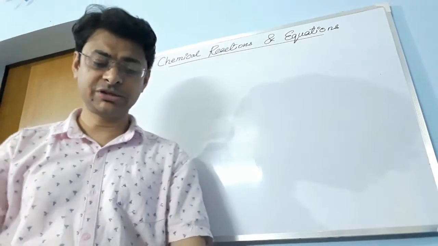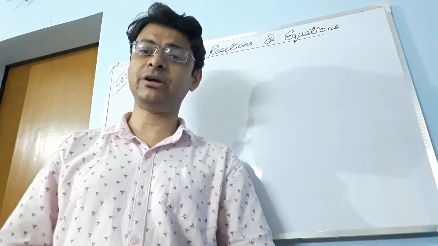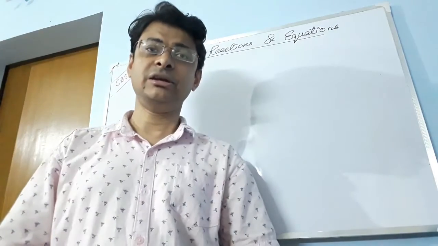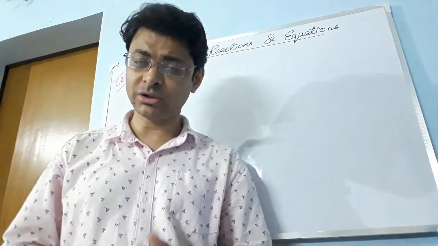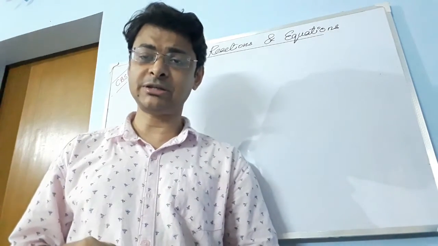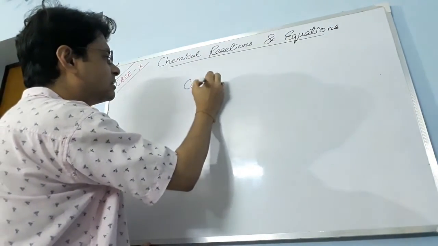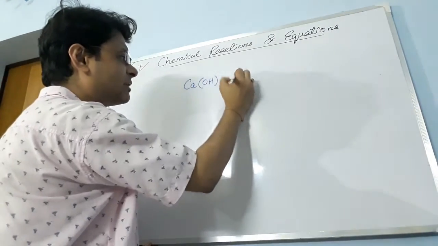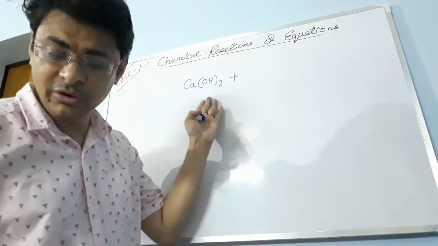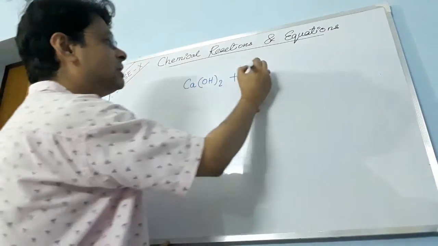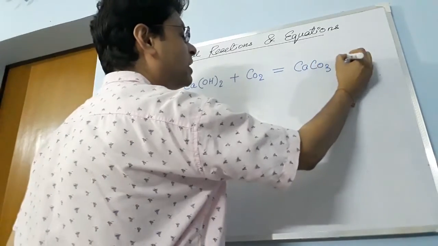Now a very common question which is asked in exams: why, after whitewashing, after some time, does the surface appear to be very shiny? Why does it happen? Because whitewashing is done with calcium hydroxide, and calcium hydroxide reacts with the carbon dioxide present in the air to form calcium carbonate. I give you the reaction. This is calcium hydroxide. Whenever whitewashing is done and left exposed, it reacts with the carbon dioxide of the air and forms calcium carbonate plus water.